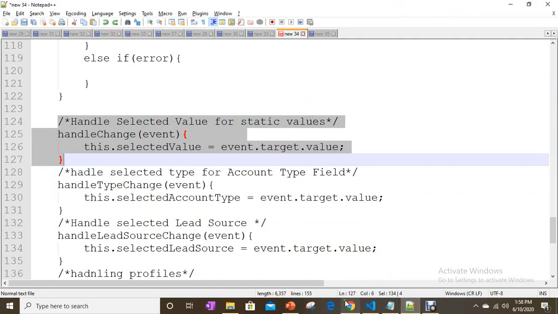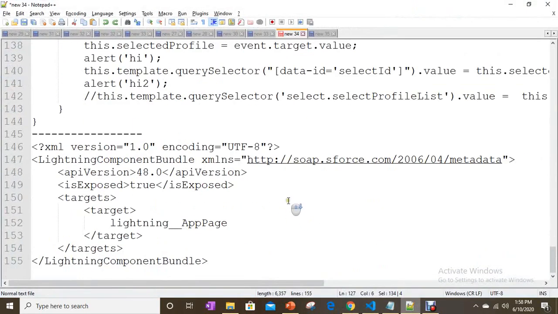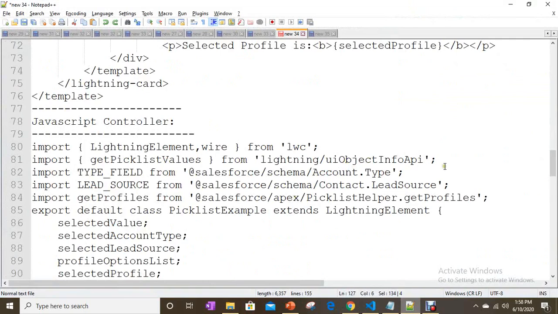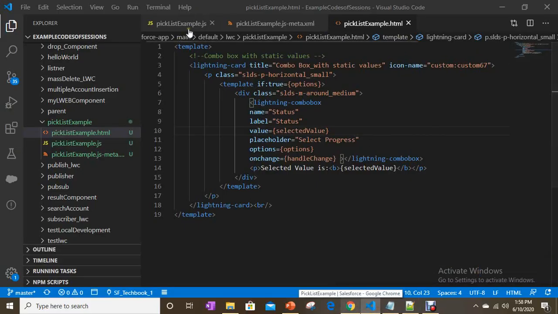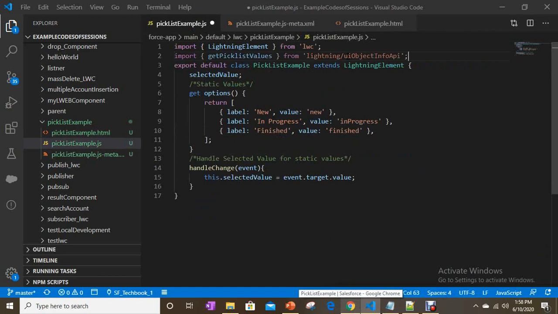Let's see what we have to import. Simply, you need to import UI object info API for getting the picklist values from a picklist field, and then